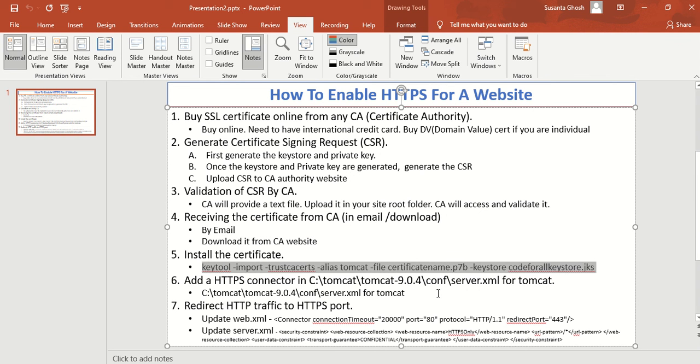Okay, once you install the certificate successfully, then you need to add an HTTPS connector into the server.xml file. If you are using Tomcat, then this is the server.xml file. If you are using another application server or web server, it will be a different file, like if you are using WebSphere or WebLogic.